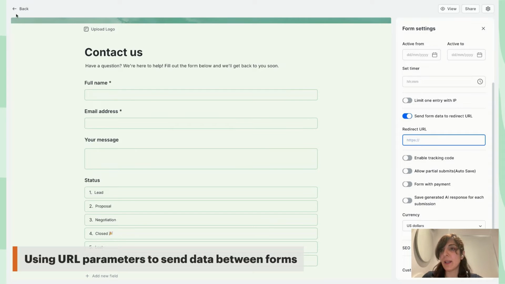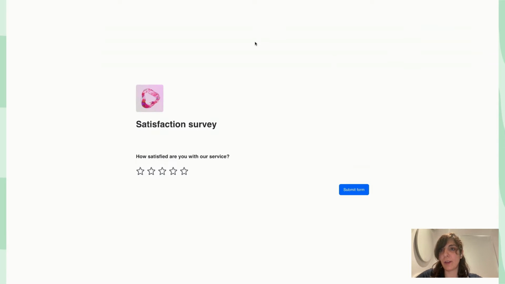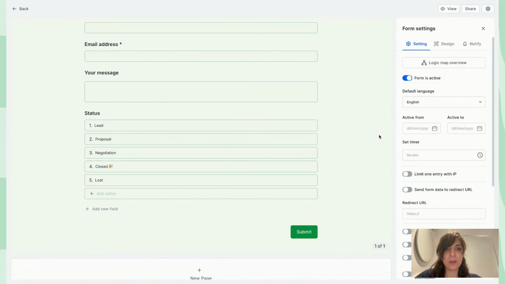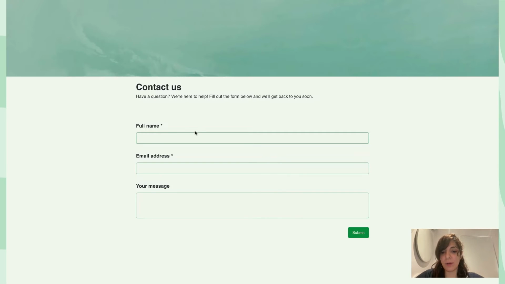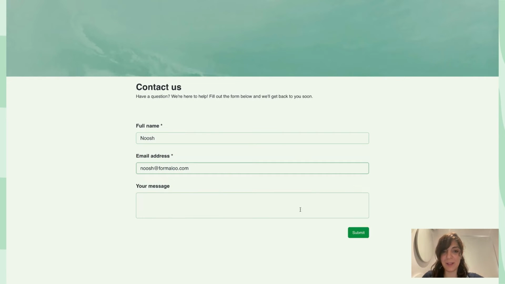So to what URL? I need to go back and you can either view the form to get the URL or go edit it and find the URL. So I get the URL of the second form and go back to edit mode, and here I will set the redirect URL. Now that I have the redirect URL, the send form data will be saved. So I enable the send form data, and this is the redirect URL. So let's see how it actually works in action. I will submit the form. Let's say I am Noosh. I'm actually Noosh. So I submit it this way,